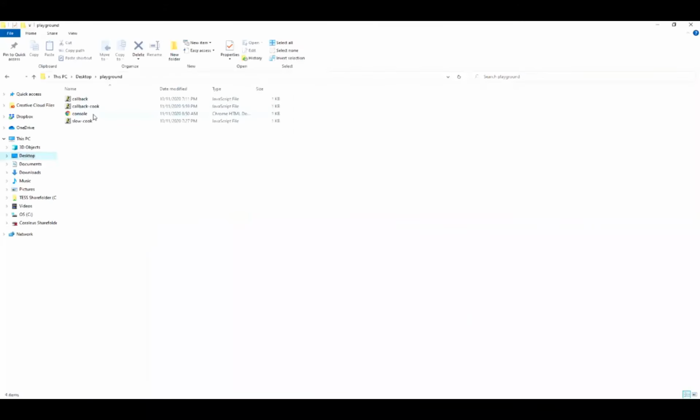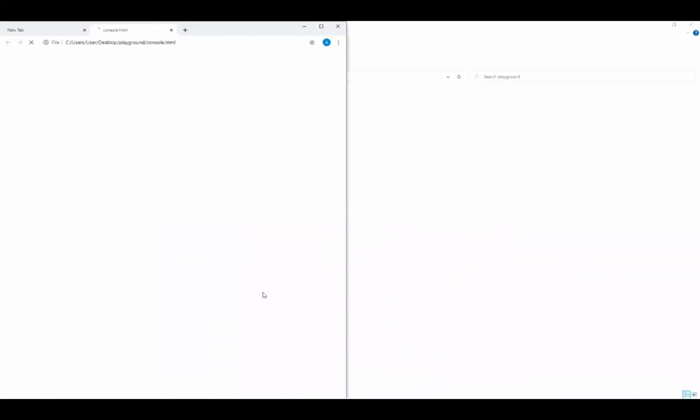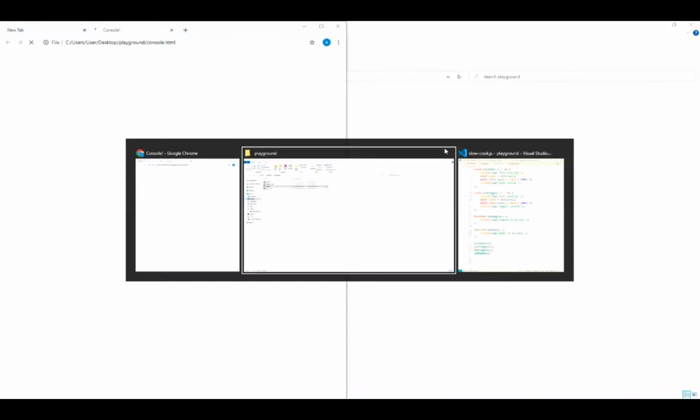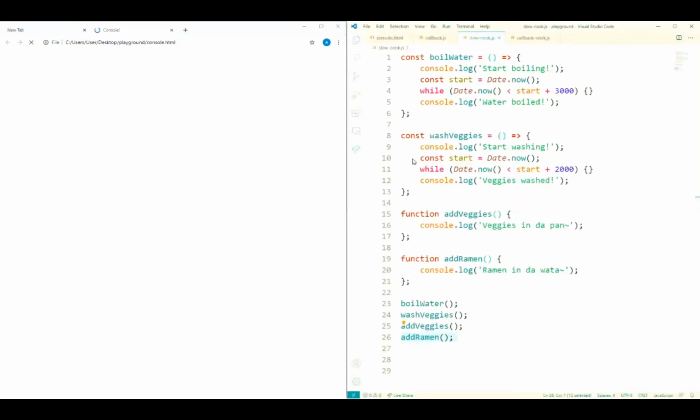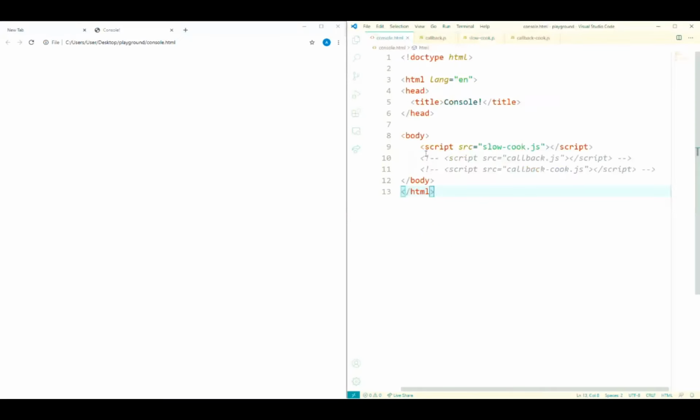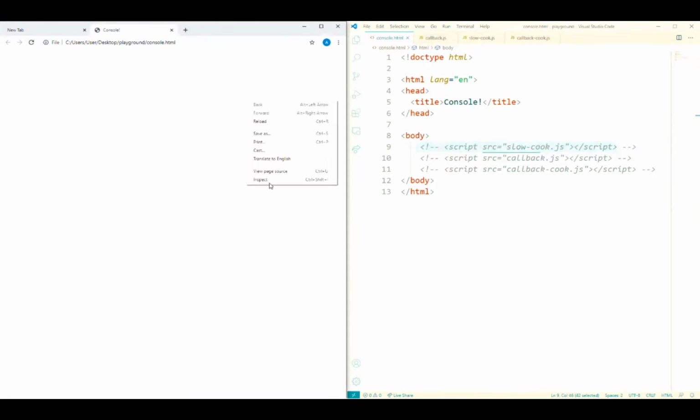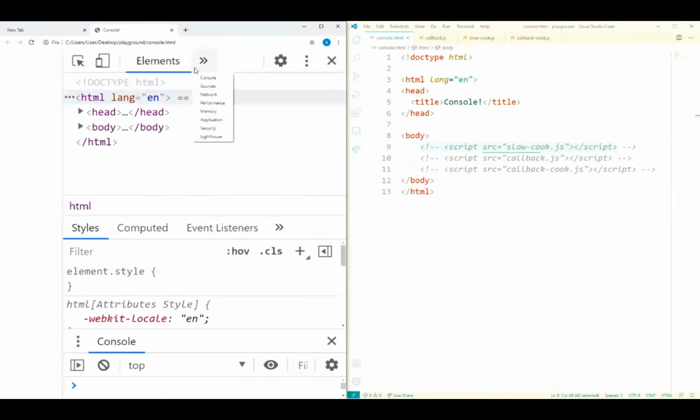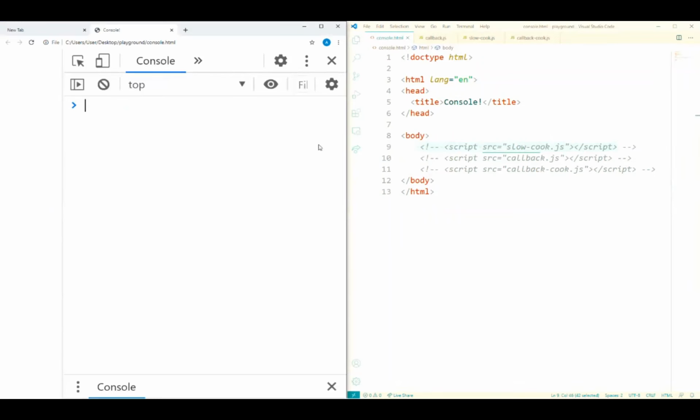I'm going to open the console here, and I'm going to uncomment this. If we look at the console, we see that nothing has happened.